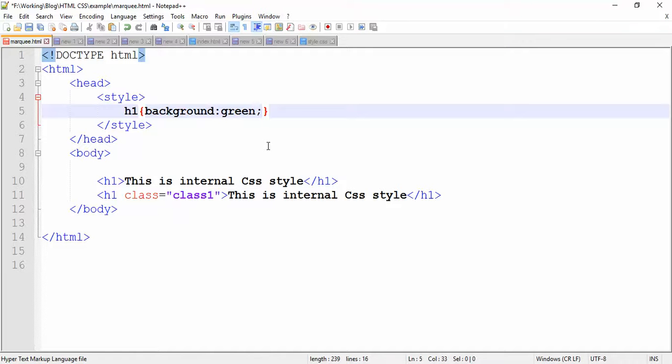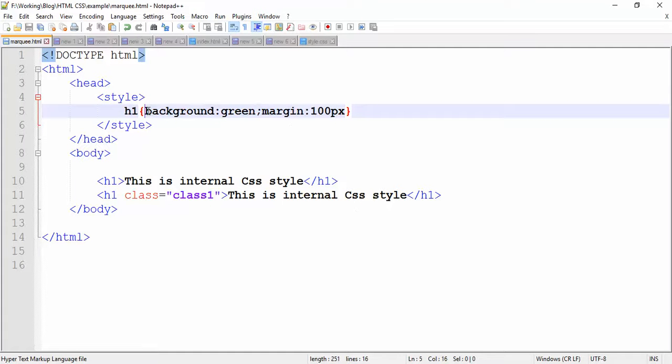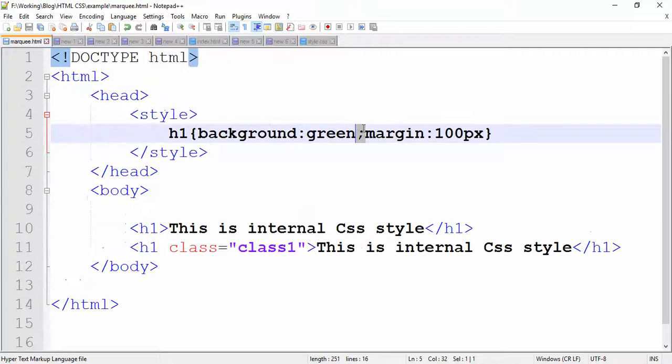Like if you want a margin, I want a margin of around 100 pixel. Now Control S to save and run with your browser and see the result. Our top is 100 pixel, left 100 pixel, right 100 pixel, and bottom 100 pixel margin. We use two properties here, so we use the semicolon. If you use two properties, you have to use a semicolon, and after your property you have to